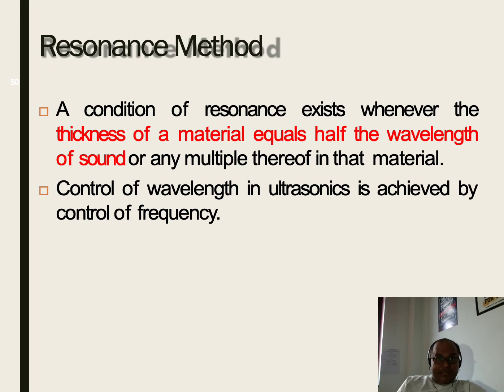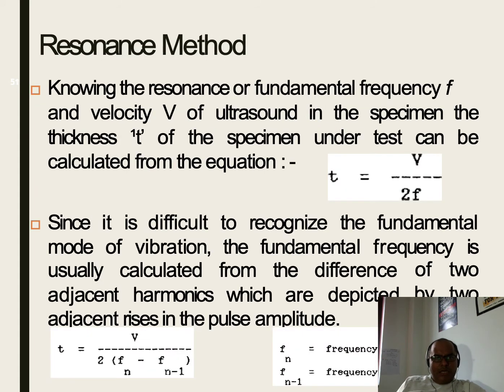Resonance method: a condition of resonance exists whenever the thickness of a material equals half the wavelength of sound, or any multiple thereof, in that material. Control of wavelength in ultrasonics is achieved by control of the frequency. In the resonance method, knowing the fundamental resonance frequency and the velocity v of sound in the specimen,